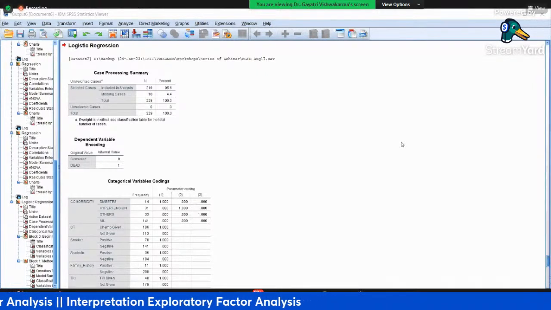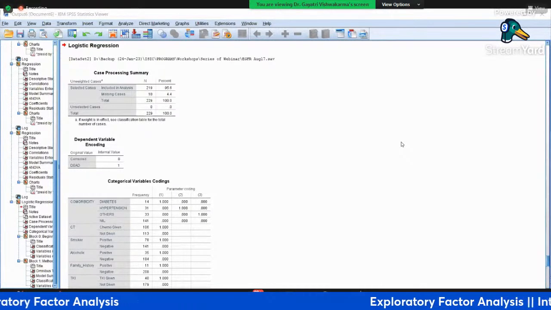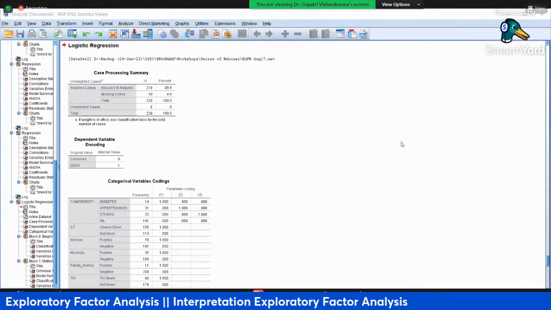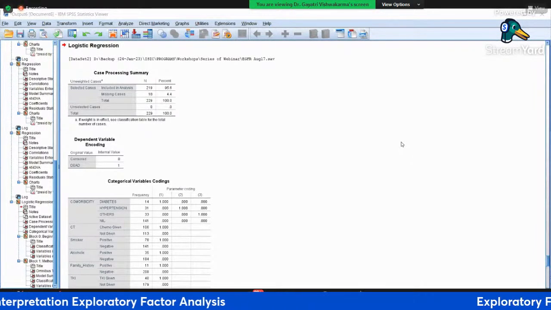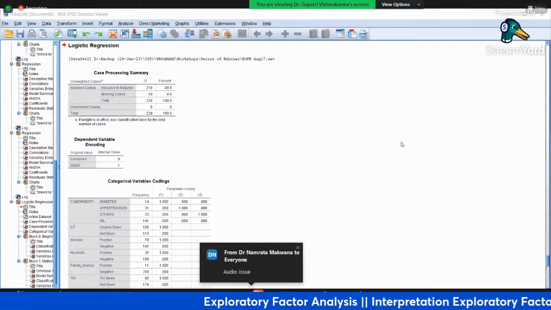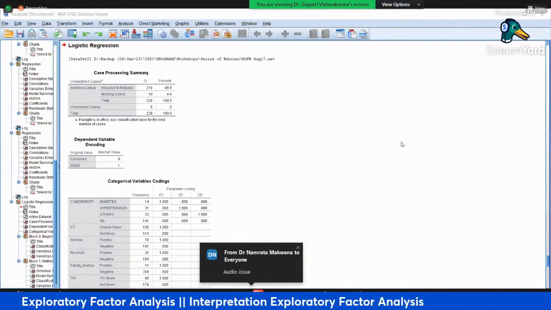Okay, if I am taking the reference category as diabetes, I am interpreting about, let's say, hypertension as another category that you have to decide. Okay? And on that basis you can go or you can change the reference category, depending on what you want to define.